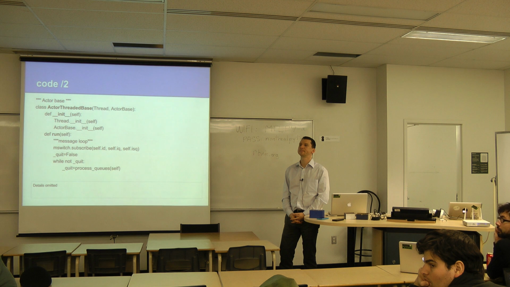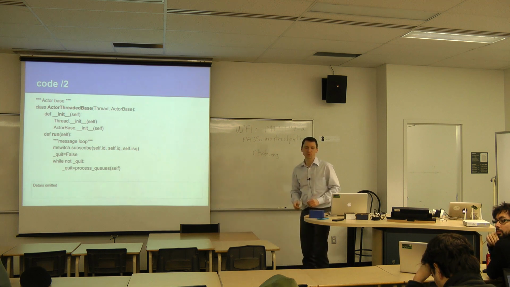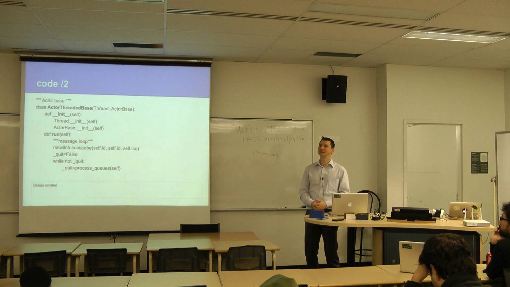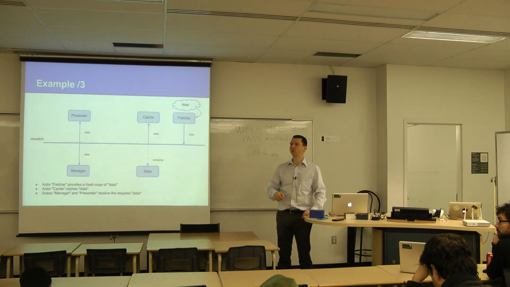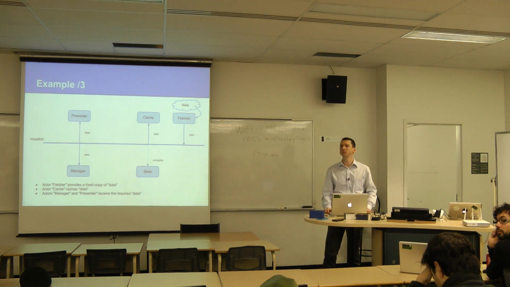For example, you have a cache, and you're sending a request for data, and the cache has it, and then your web server is also trying to get that data. In that case, there's a bunch of different ways to deal with this. You can say that the cache always responds, even if it doesn't have the data. It says data, none, or data. So the fetcher would at least wait for a response on the bus that says data. If it's none, I go and fetch it. A bunch of different ways, but it's a pretty valid question.